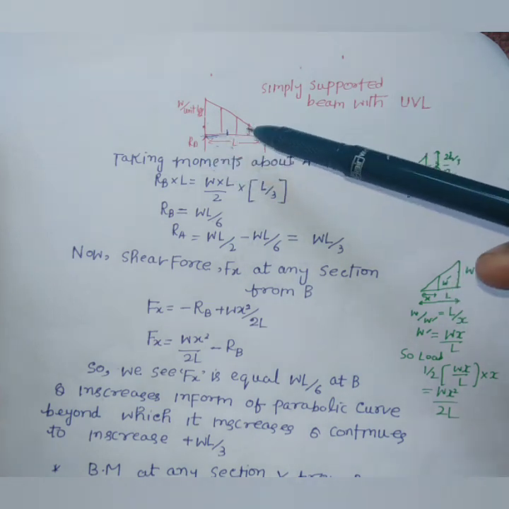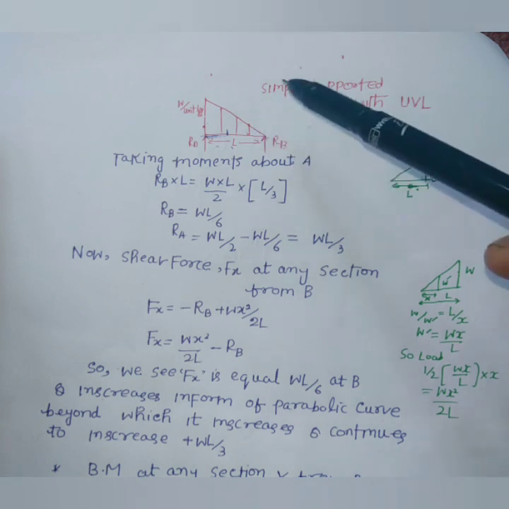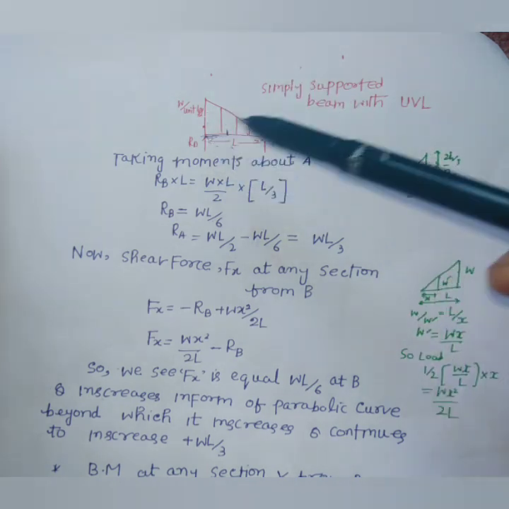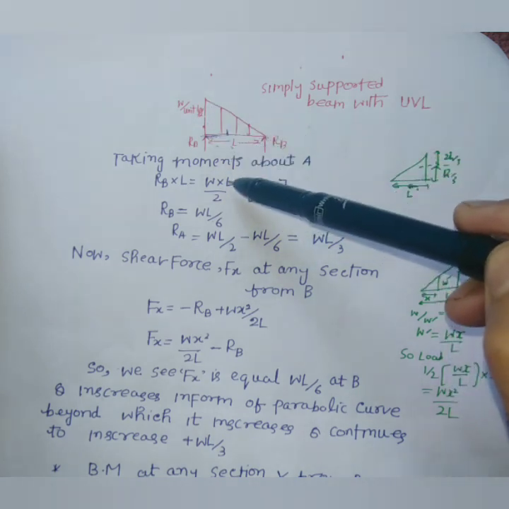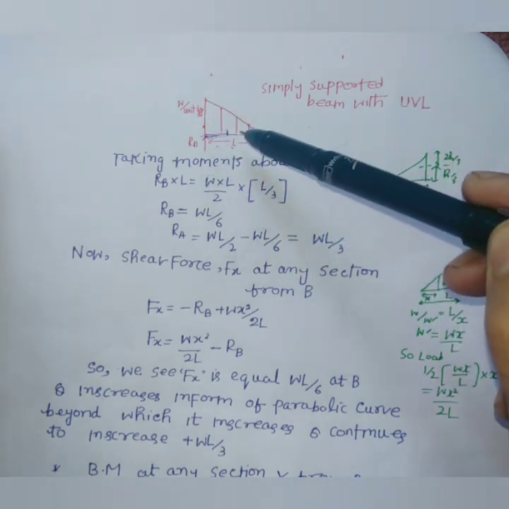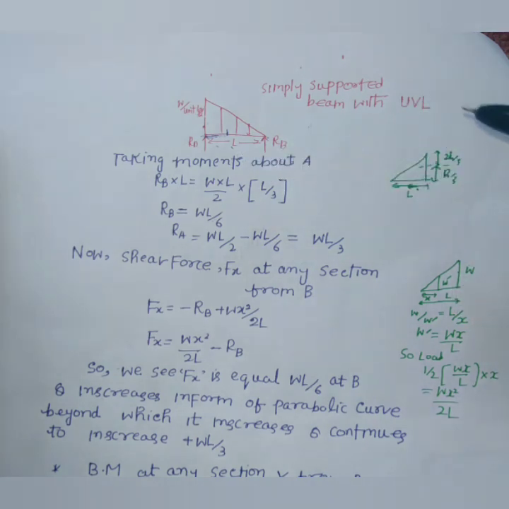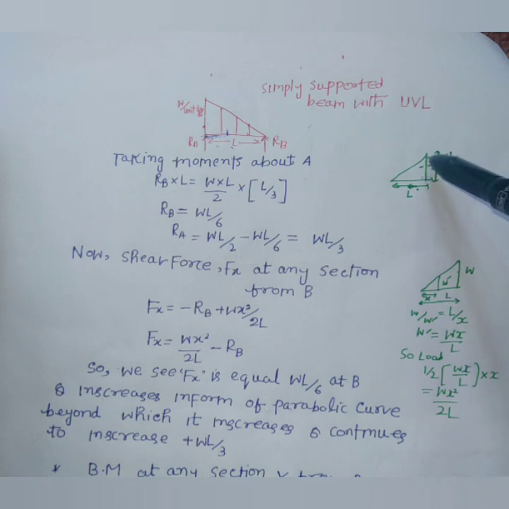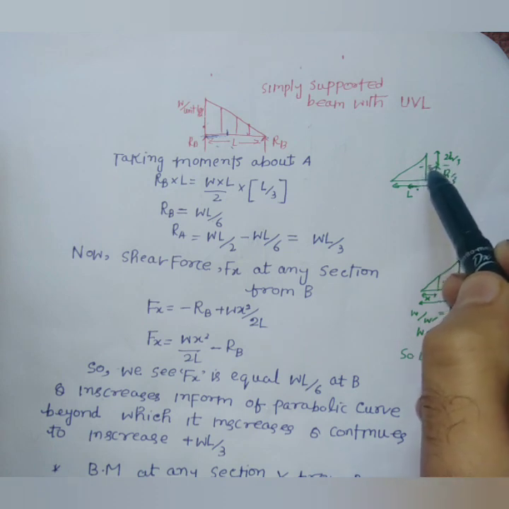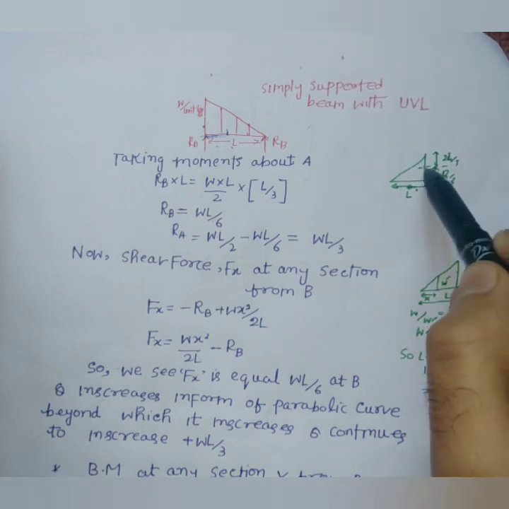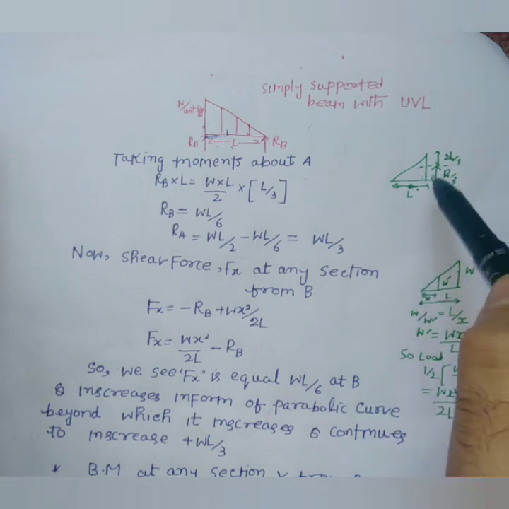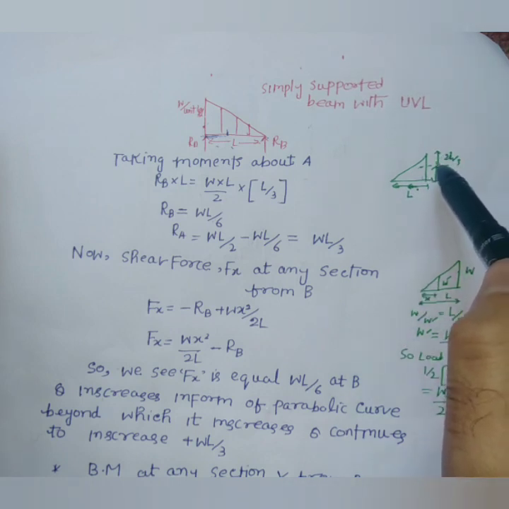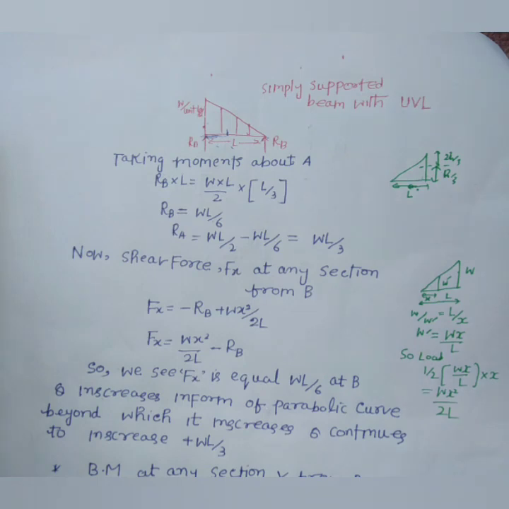Always remember the load due to the triangular portion will be 1/2 of base into altitude. That means area of the triangle, 1/2 of base L into W. Now as we are already aware that the centroid of the triangle always lies from base at a distance of h/3. That means if we apply any load, the load will act at a centroid of h/3 from the base, and from top it will act at a distance of 2h/3. Same is the case here.